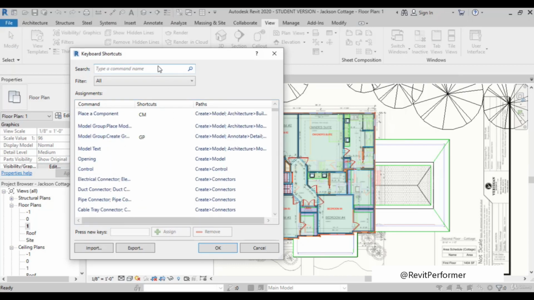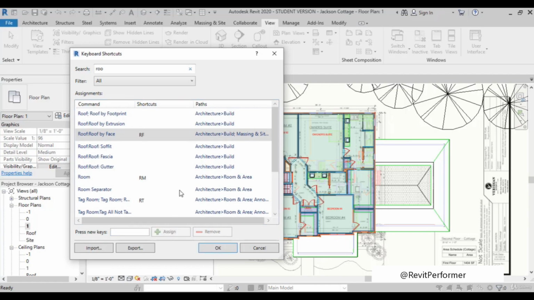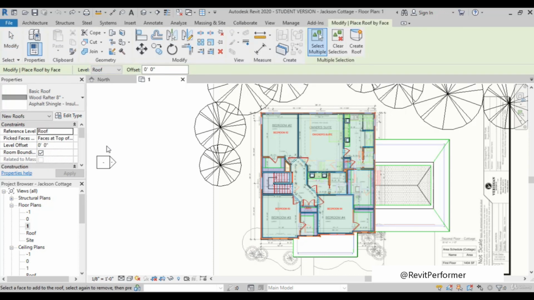If you don't find it, then you can type the roof command. Here there is Roof by Footprint, which you can select, or you can select Roof by Face, or you can assign here RF. There is also a shortcut, RFA, for the roof by face. So select OK, fine. Now, when you type RF,